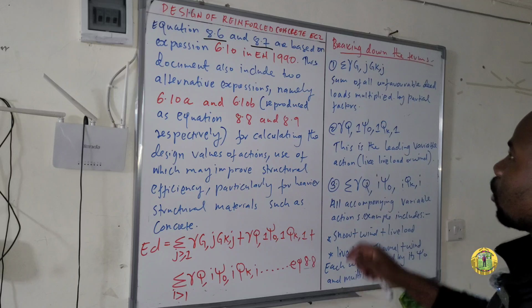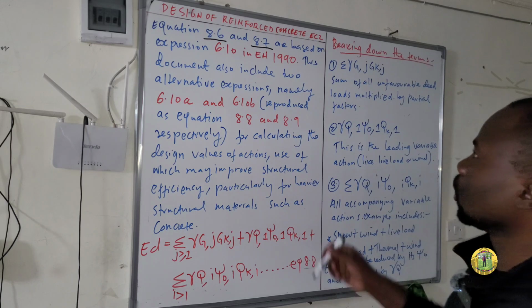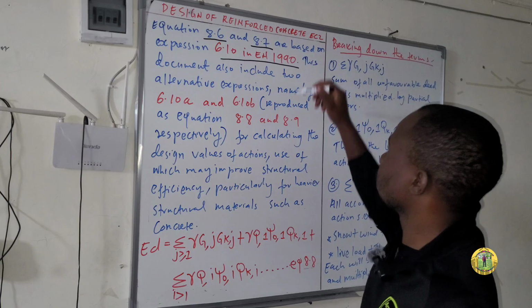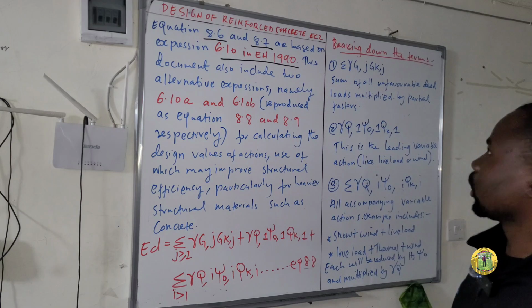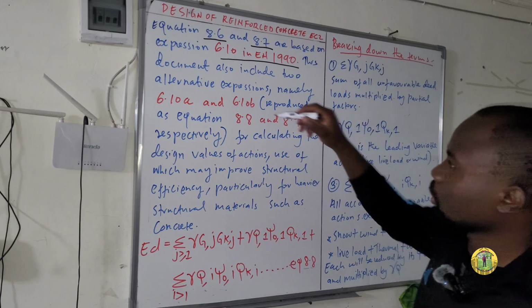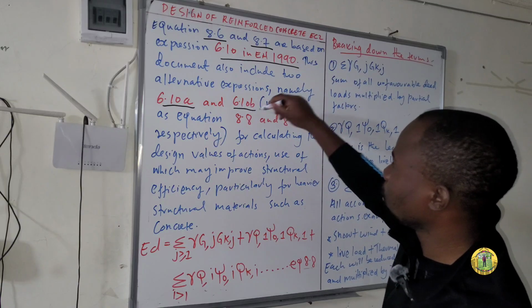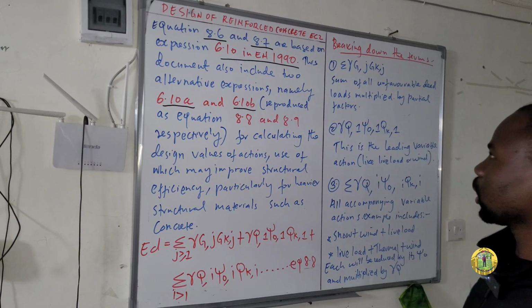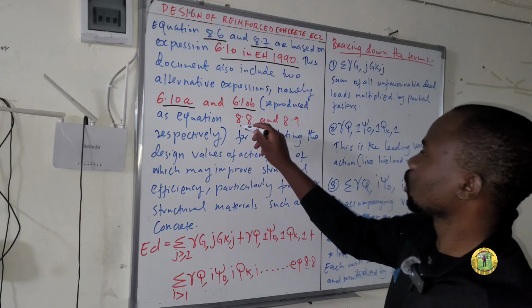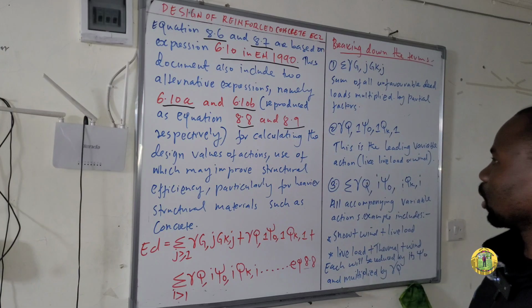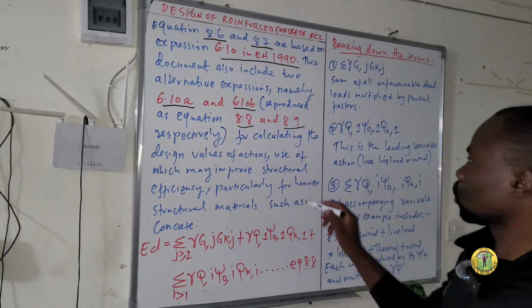So the two equations are based on expression 6.10 in EN 1990. So this document also includes two alternative expressions, namely 6.10a and 6.10b, reproduced as 8.8 and 8.9 respectively for calculating the design values of actions,